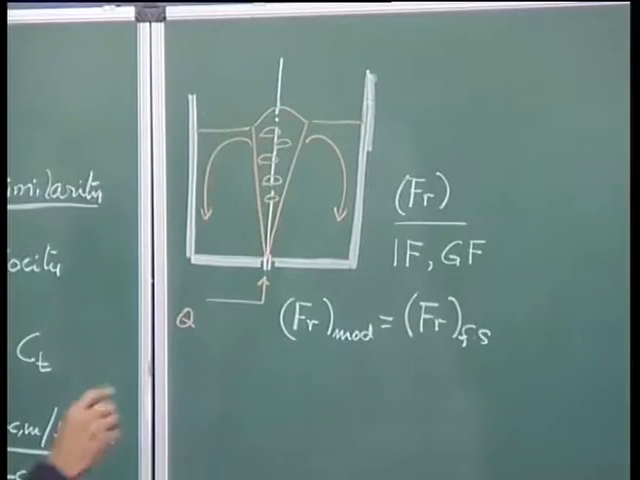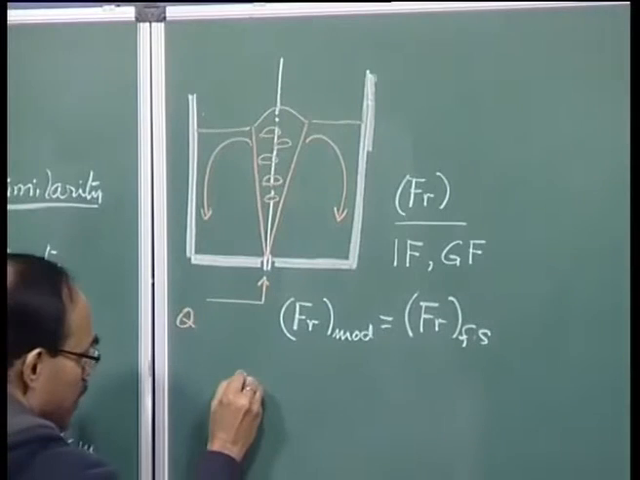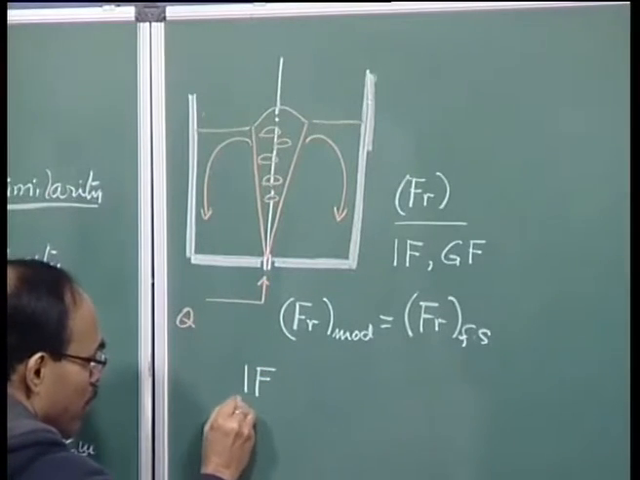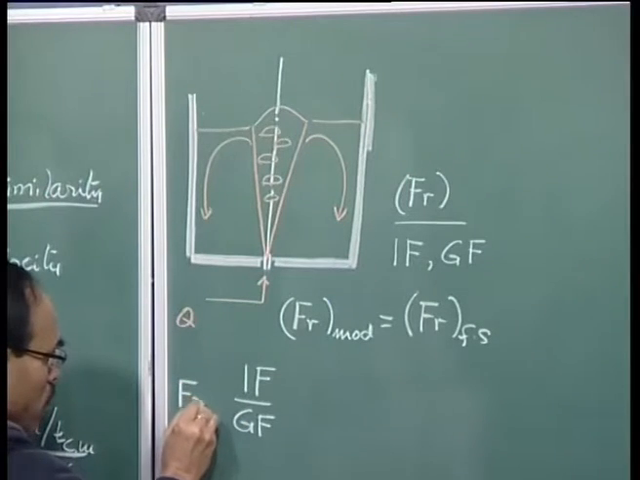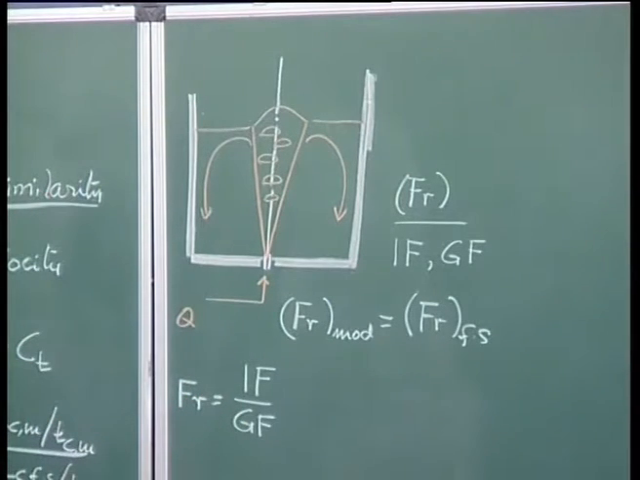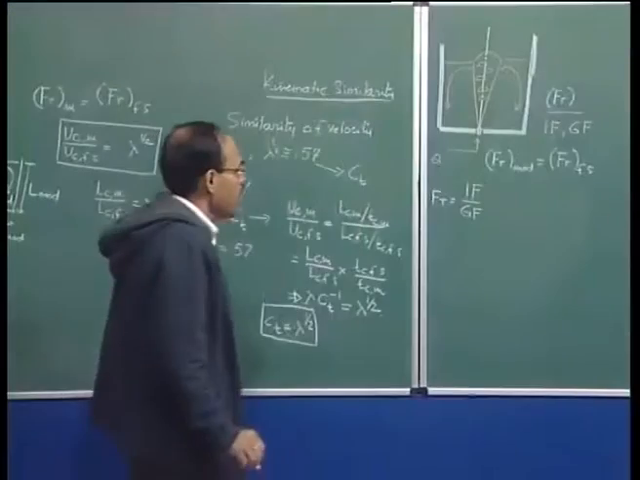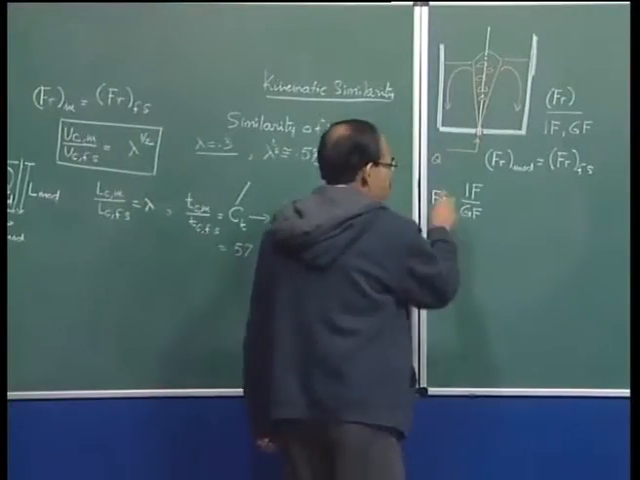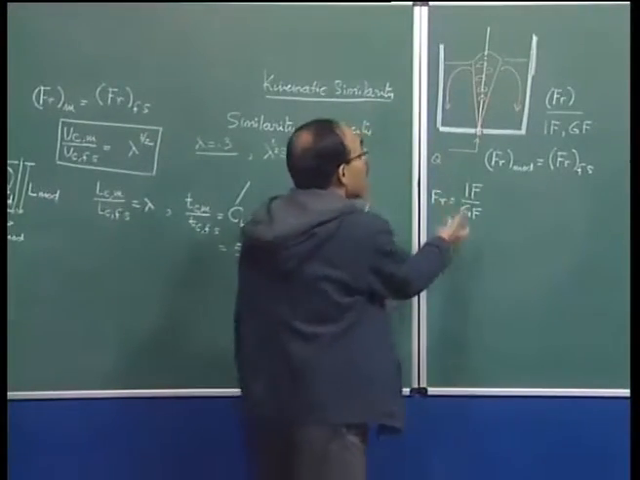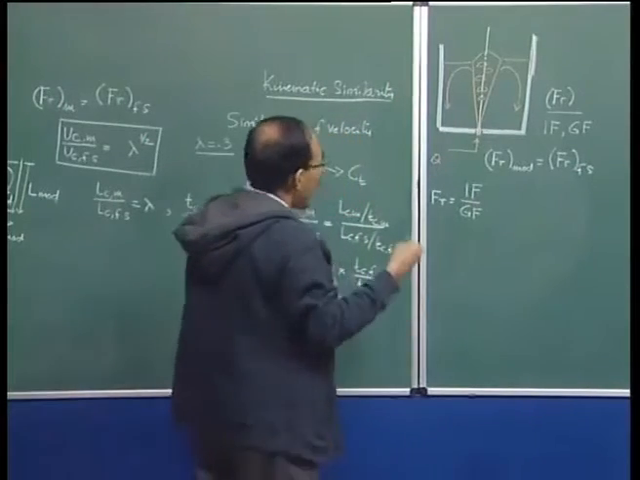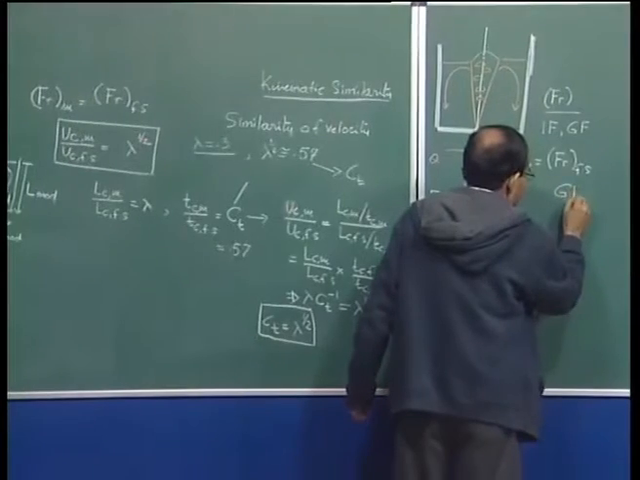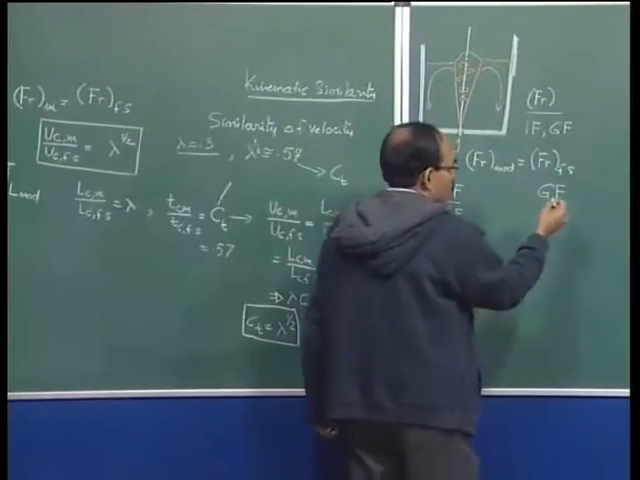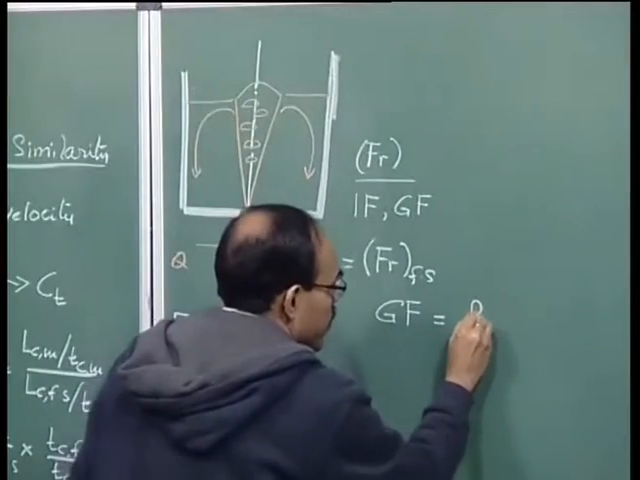Let us now put the definition of Froude number. We have it as inertial force by gravitational force. Now, this gravitational force here essentially is the buoyancy force, or we can say that the net gravitational force is the buoyancy minus